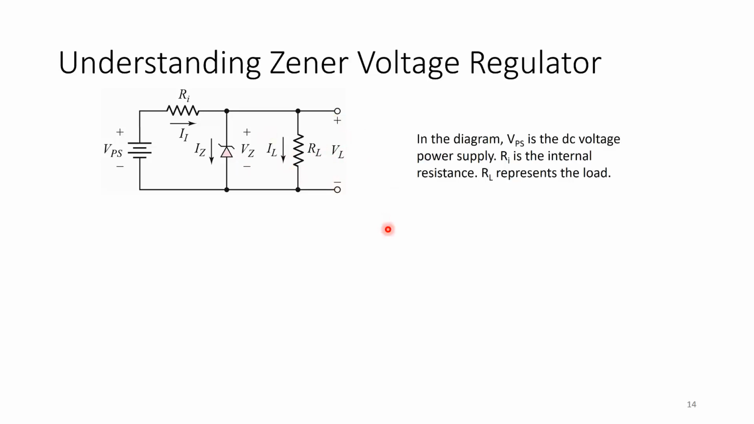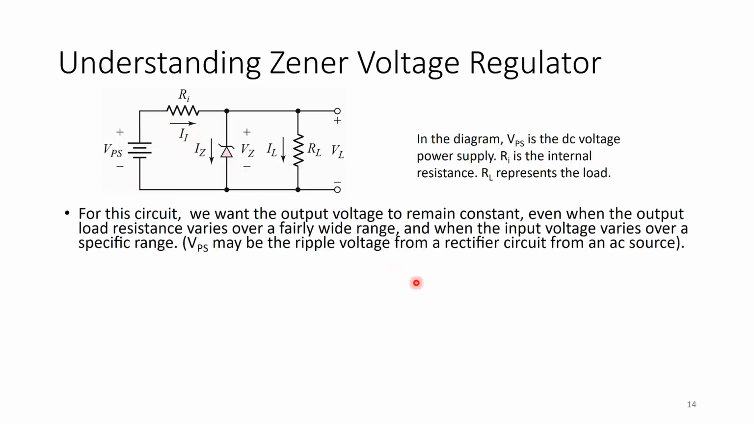In the diagram, VPS could be the DC voltage power supply, Rin is the internal resistance, and RL represents the load. For this circuit, we want the output voltage to remain constant even when the output load resistance varies over a fairly wide range. That is what we want. Why do we have the Zener diode connected this way? It's because